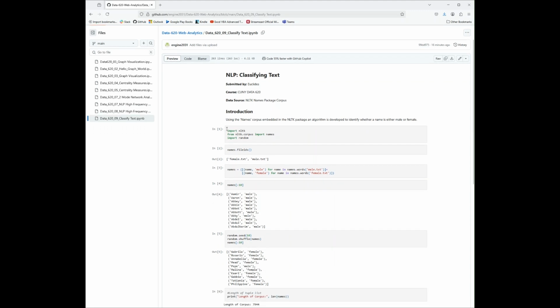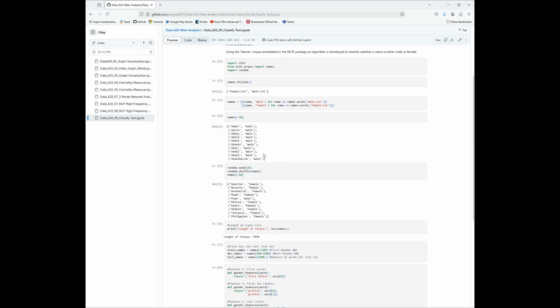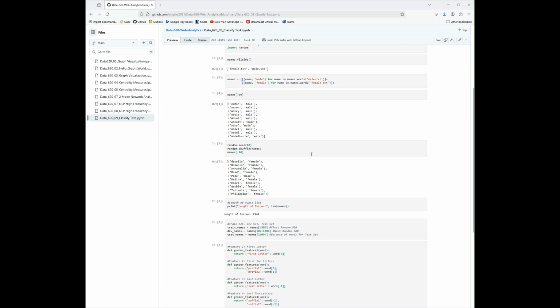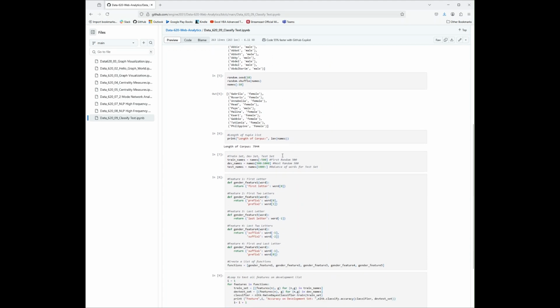Okay, so what we do here is first we import the two files, male and female text files, and we see that the data set is organized or sorted by gender. So we reshuffle the names so that there's a mixed bag of male and female names. And then we take a look at the length of the corpus. The corpus is